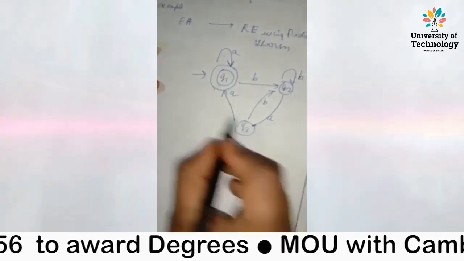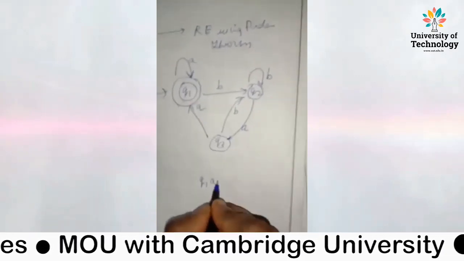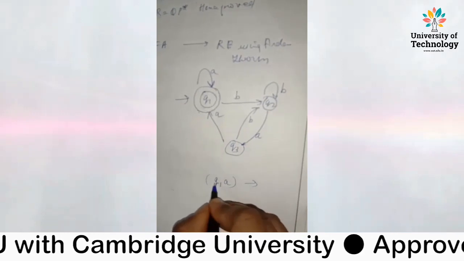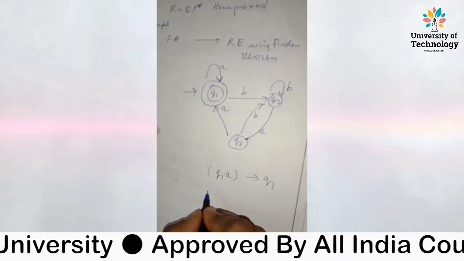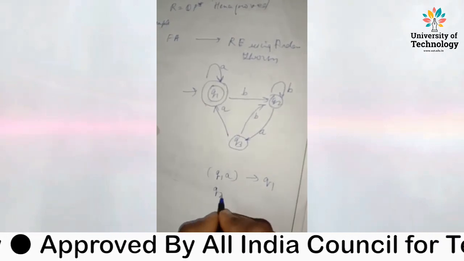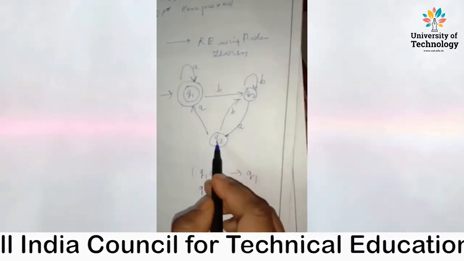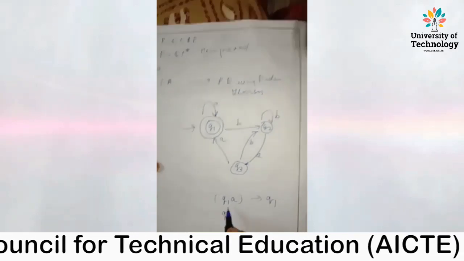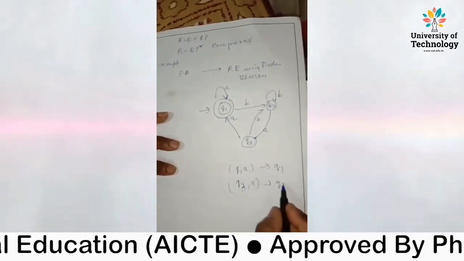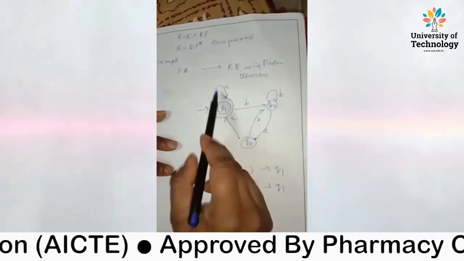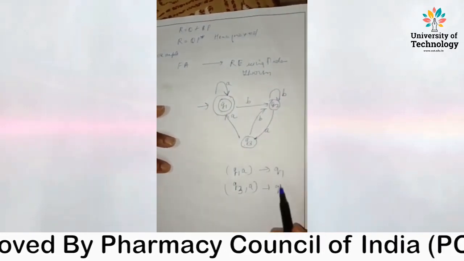What are the various states by which you can reach Q1? See, Q1 can be reached as Q1 A. If we go from Q1 using A, then you can come to Q1. Then similarly, how can you reach Q1? Q2? Is there any way? No, there's no transition from Q2 to Q1. Now there is a transition from Q3 to Q1, so you can write Q3 A, and then you can reach Q1. So the various ways to reach Q1 are: first Q1 A, then Q3 A. Right? So these are the two ways.